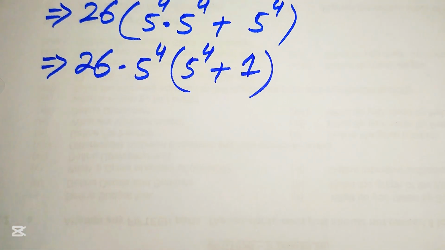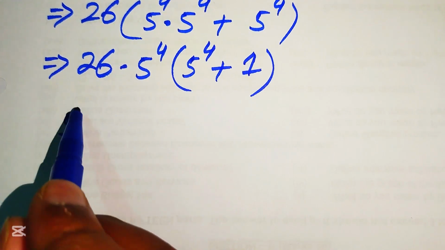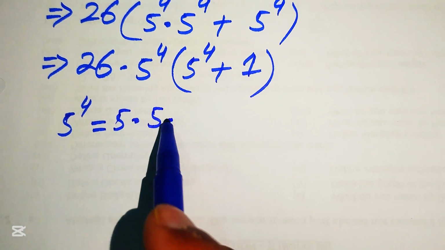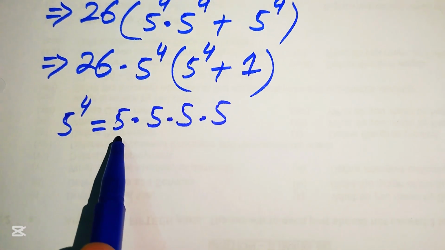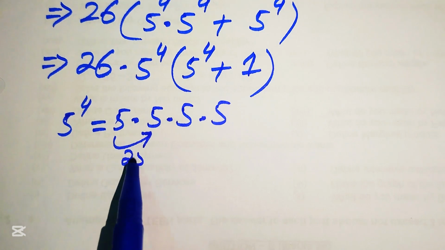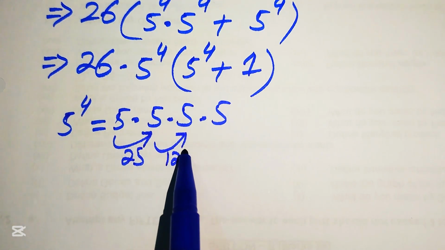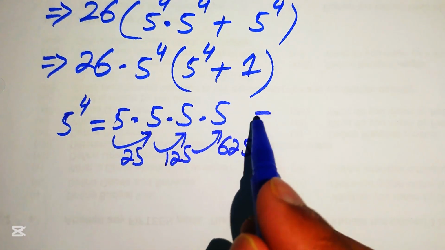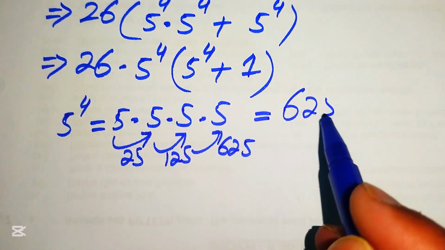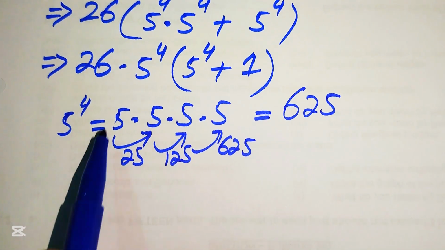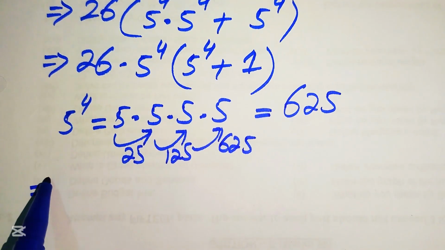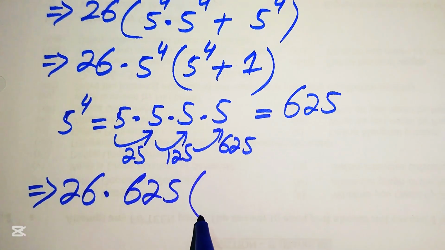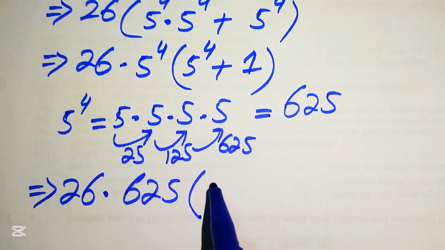So now our next target is to find the value of 5 to the power of 4. You know that the meaning of 5 to the power of 4 is that we multiply 5 four times. So 5 fives are 25, 25 fives are 125, 125 multiplied by 5 becomes 625. It means that 5 to the power of 4 equals 625. So now we replace 5 to the power of 4 with 625 and it will be written as 26 multiplied by 625 plus 1 becomes